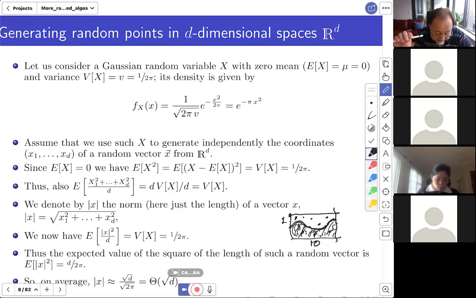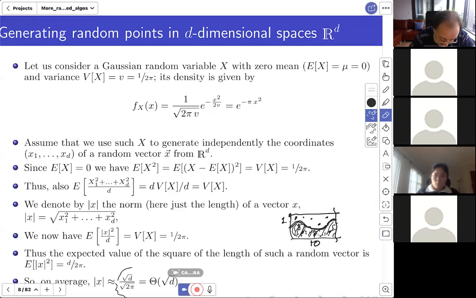We discovered that all these vectors will be approximately of the same length, and that length will be precisely the square root of the dimensionality divided by square root of 2 pi,